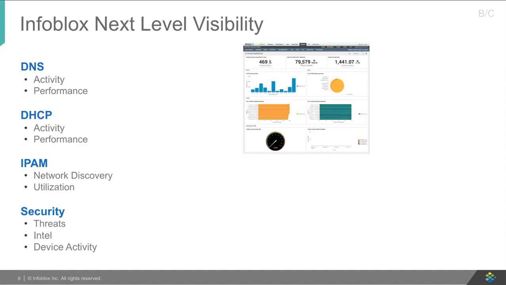DHCP activity and performance, and IP address management: what's the status of a network that needs to be provisioned, how many IP addresses are available to be provisioned on a specific network. And then security, going back to query logging: what are the footprints of a specific device throughout the network? Where did this device go? What subnet is it on? What's the MAC address? What switch is it connected to? What switch port is it connected to on that switch? That's very useful data to hand off to your security team as they do some analysis, or if they're doing forensics and after action reports,